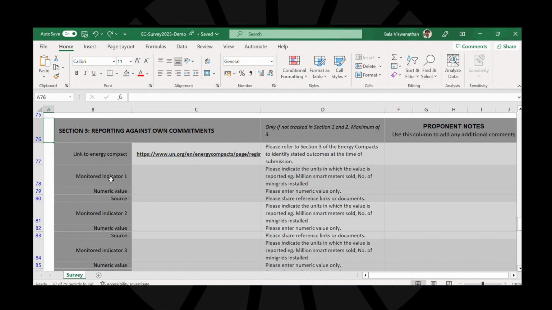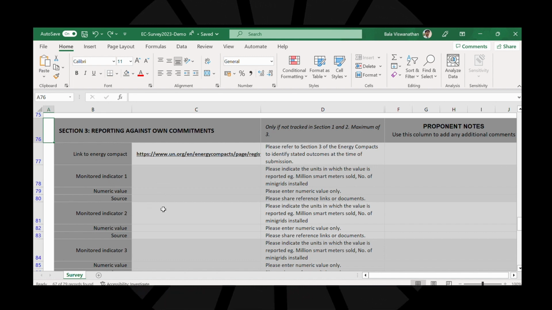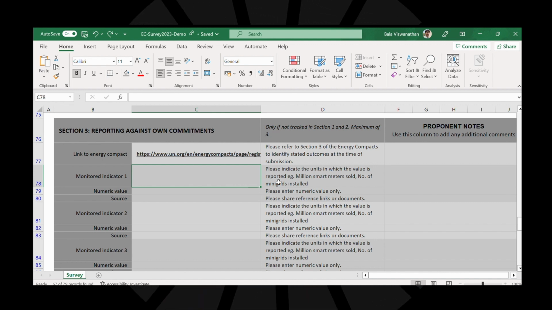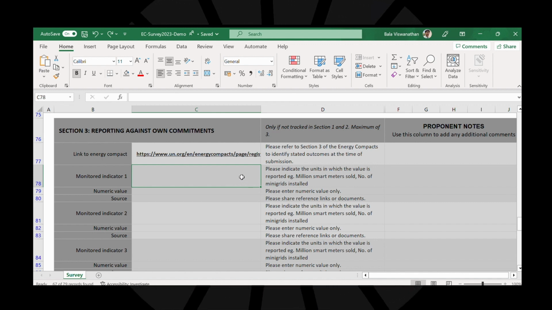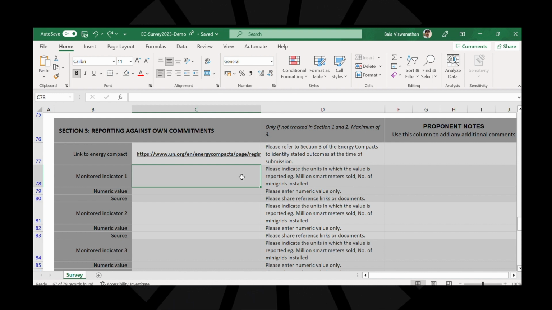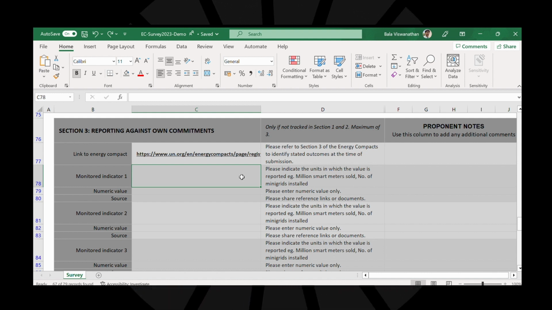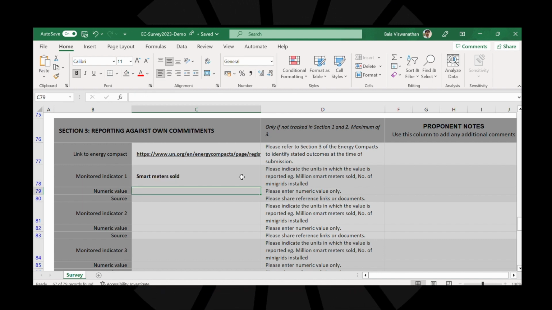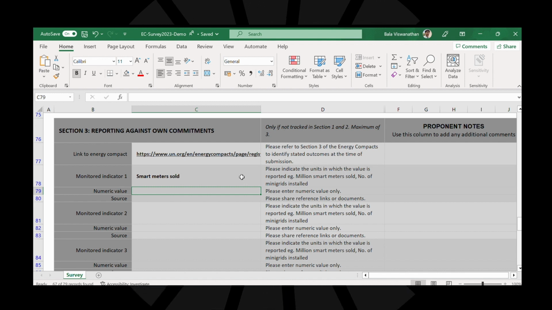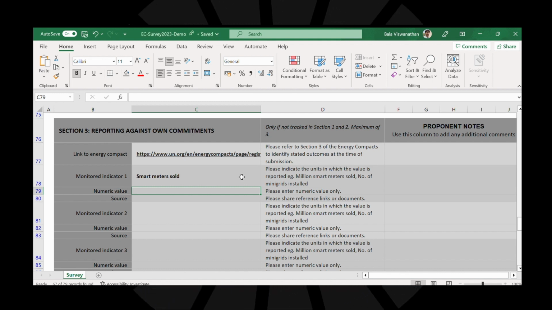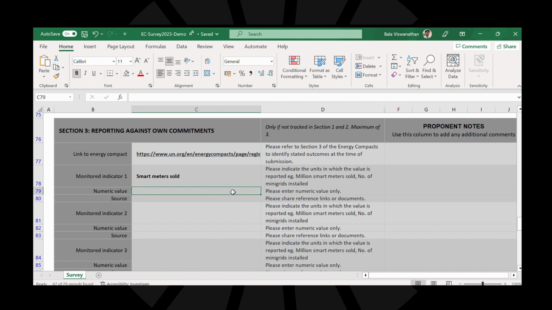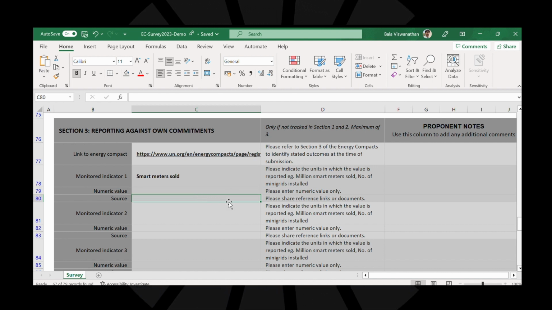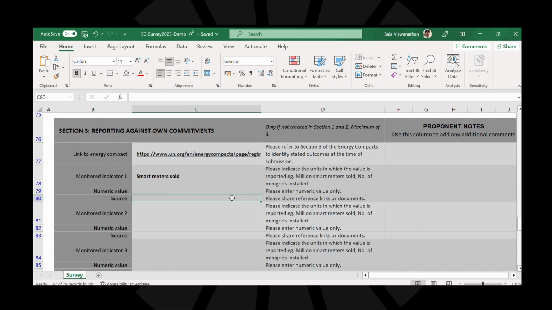Each of the indicators has 3 rows assigned to it. Unlike sections 1 and 2, a recommended unit has not been provided, and you can fill in the unit most relevant to your energy compact. For example, it can be smart meters sold. Then a numeric value has to be provided. This only has to be a numeric value greater than 0. Text or negative values won't be accepted. And the third is a source where you can fill in with links, documents, and other proof to support the